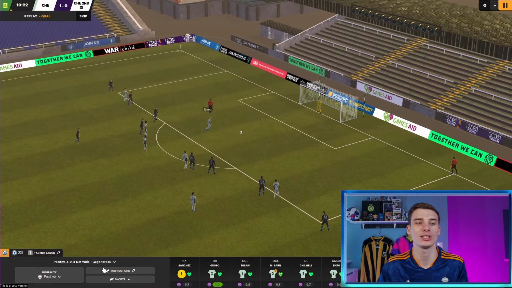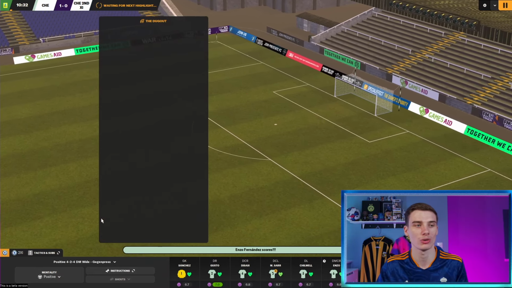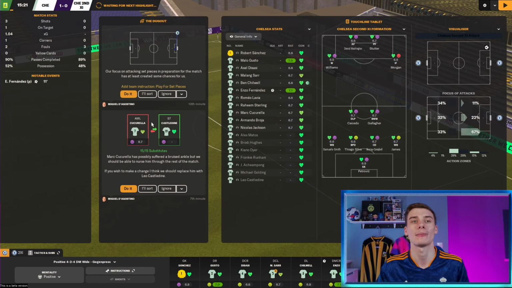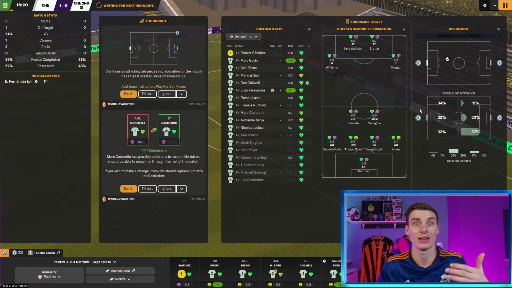Now down here, you can change things, everything from making a shout at your team, demanding more. You can add additional instructions to your tactic. You can adjust your mentality, and you can even go ahead and make subs by clicking this button. You'll get some quick information pop up here about subs that we could potentially make. You can also click on the players down here and do quick subs. If we know we want to play Frankie Runham over Sterling, we can switch him off now by doing that and then play again, and then eventually at the next break of play, Runham will come on for Sterling, as